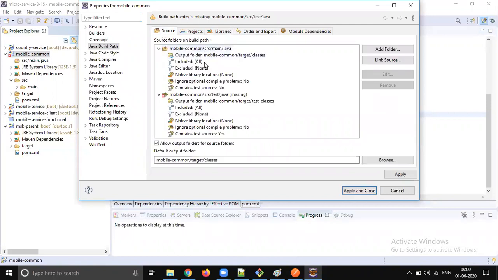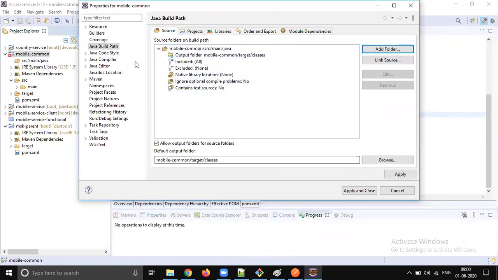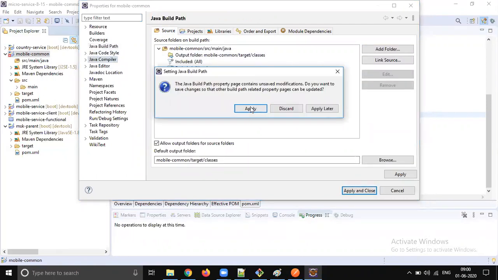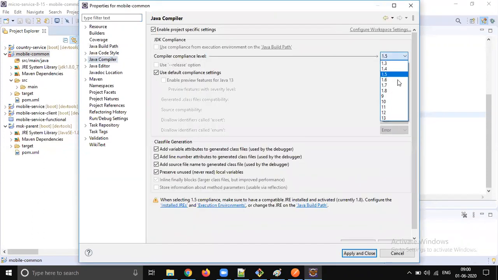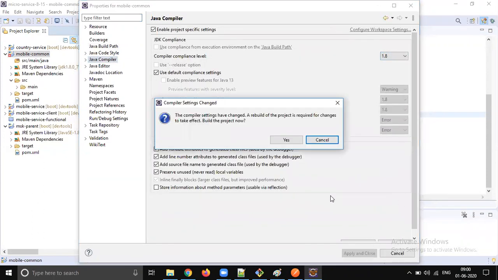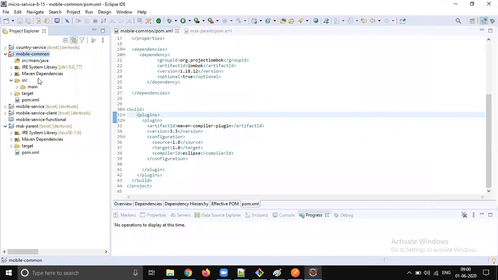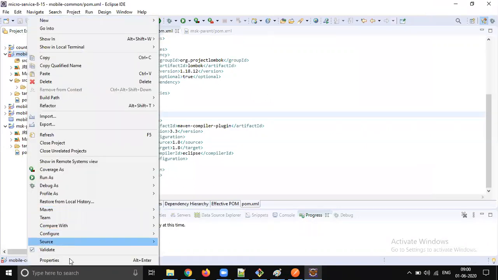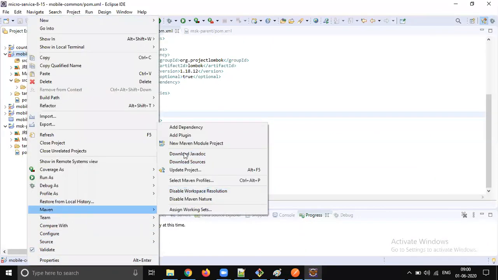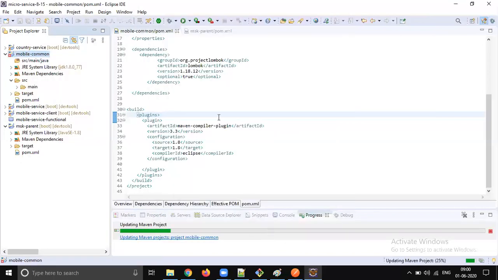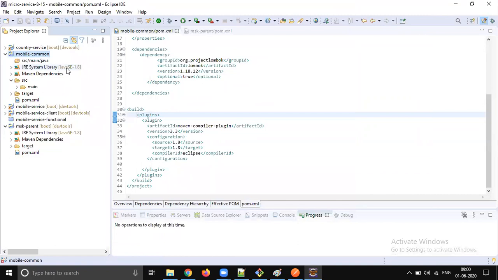Finish. Compiler version is supposed to be 1.8. Apply and close. Okay. Let's do an update now. Yeah, it's now 1.8, right? So Javac, good.